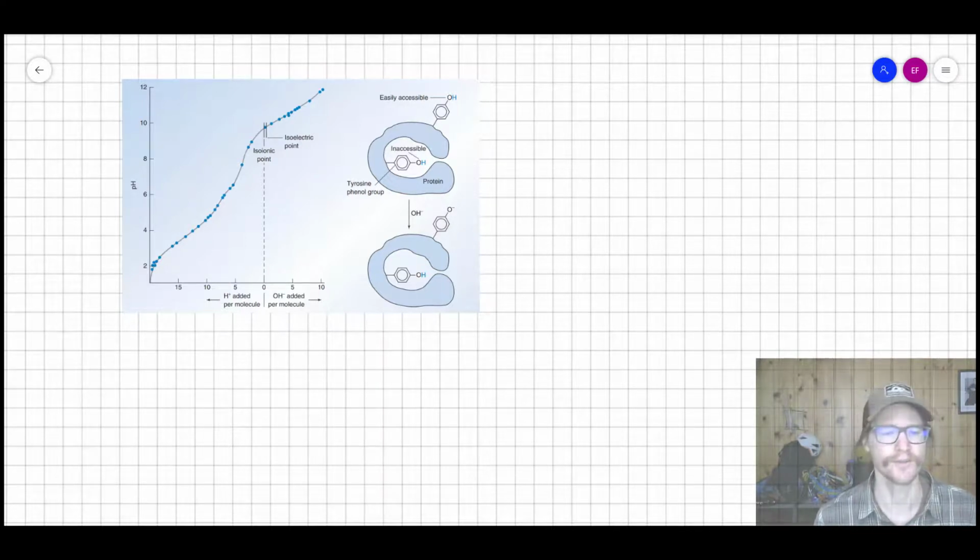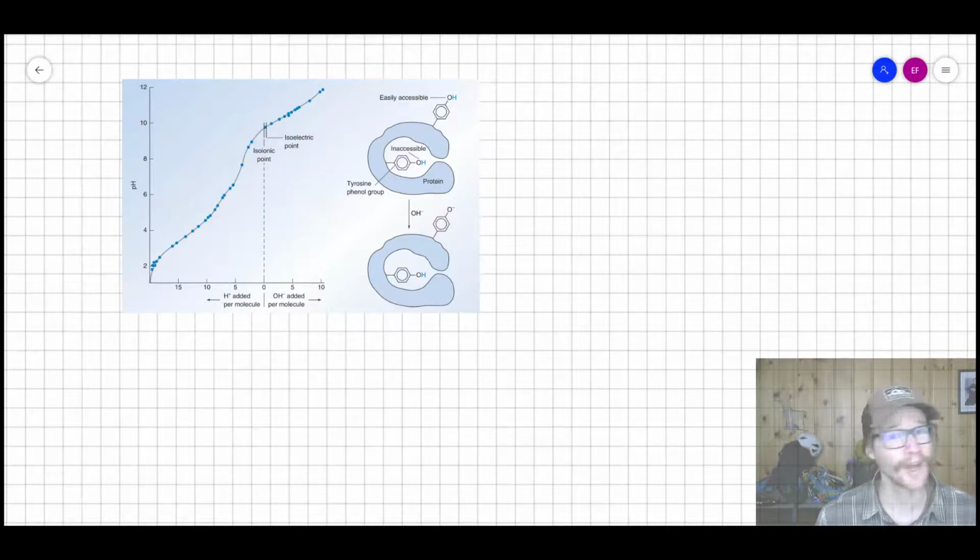The average is neutral. And that makes sense because what is a protein but just a bunch of amino acids that are bound together? Amino acids have both an amine and a carboxylic acid group, so you can deprotonate the carboxylic acid group, that makes it negative, or you can protonate the amine group, that makes it positive. If you have both of those things present, you have a zwitterion, which means you have a positive and a